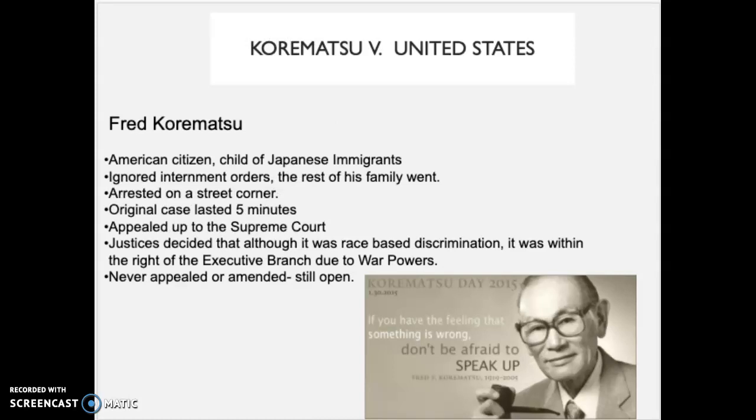Fred Korematsu was a child of Japanese immigrants. He ignored the order. He actually went and lived with his girlfriend, and someone saw him on the street corner, and he was arrested. And the original case was only heard for 5 minutes, and he was considered guilty. So he was actually a very big ideal for the law, for lawyers. So he appealed to the Supreme Court. The Court decided that although it was race-based discrimination, it was within the right of the executive branch. So he lost the case, and it's still open that they could do this again in